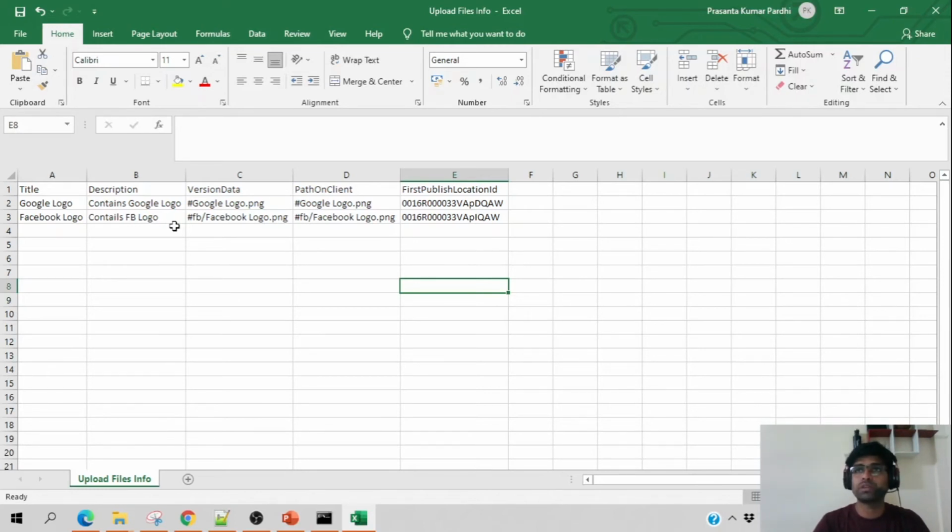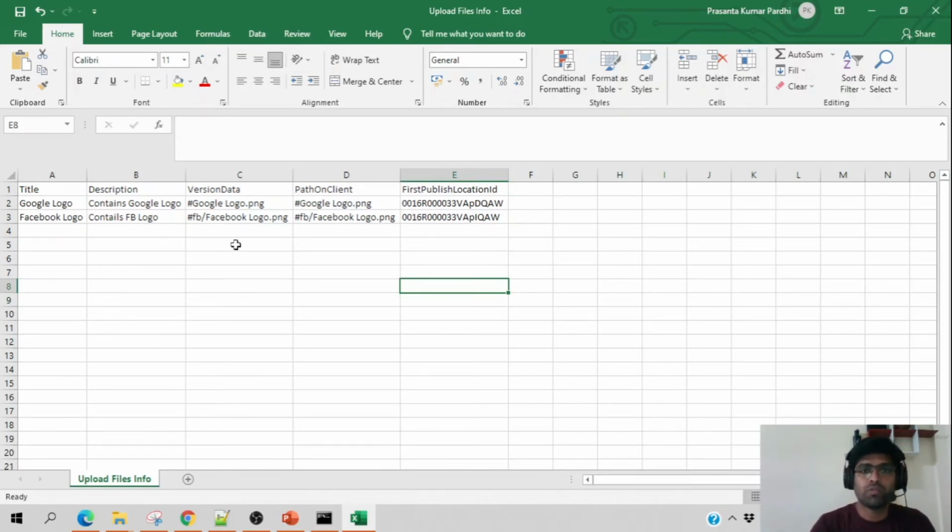But there is also something called Salesforce content document link. If you want to link your file with multiple subjects, then you have to use that content document link. For this topic, to keep things simple, I am just putting the straightforward account ID over there so that it will automatically link with that account.